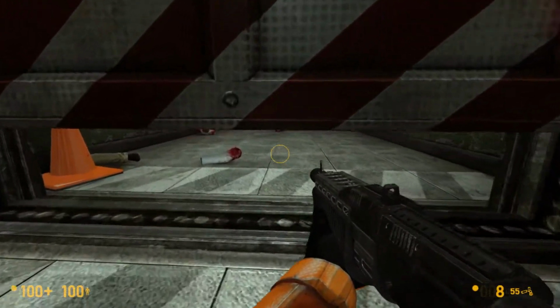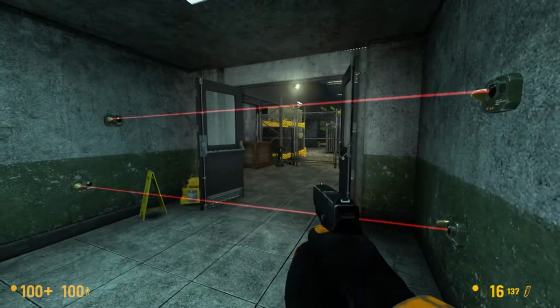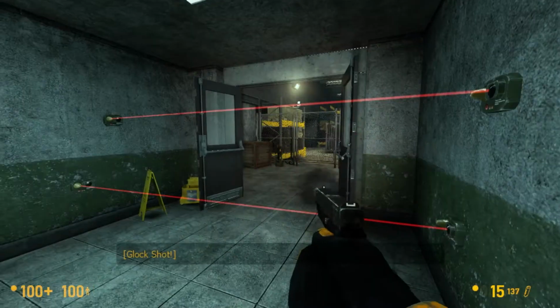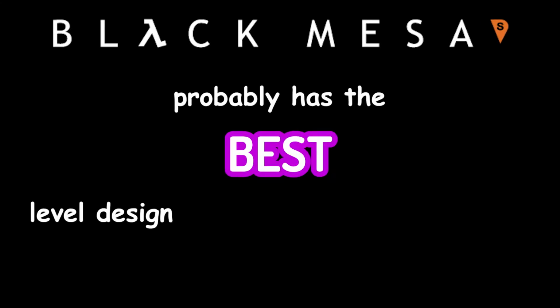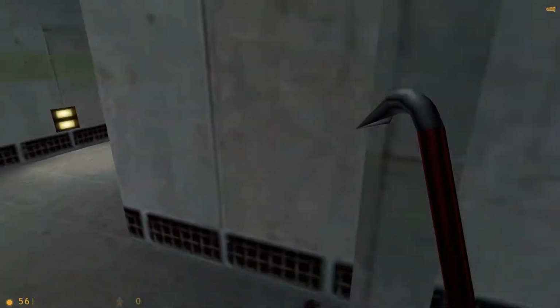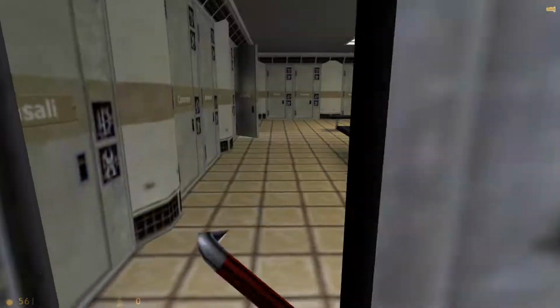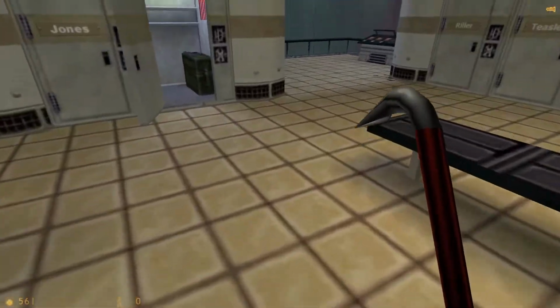But this game encourages you to replay it and find all the little Easter eggs. This game has amazing replayability value, and that's because of something I realized while playing. Black Mesa probably has the best level design out of any Half-Life game. Back to the original for a second, Half-Life's level design was good, but it wasn't really anything to write home about. Because of the limitations of Gold Source, Half-Life is a much shorter experience compared to...